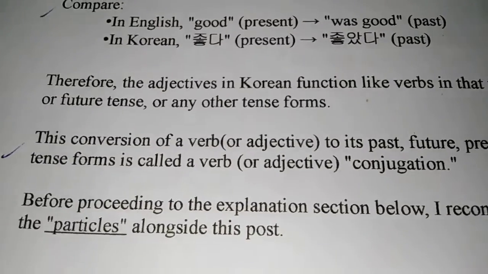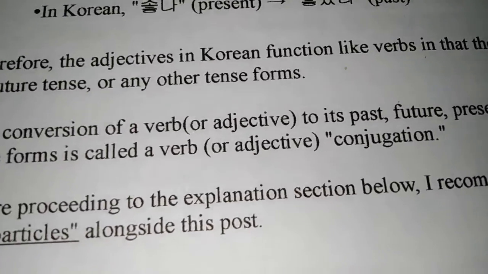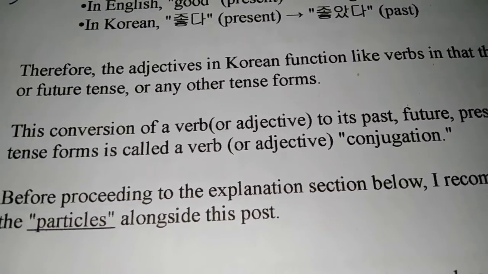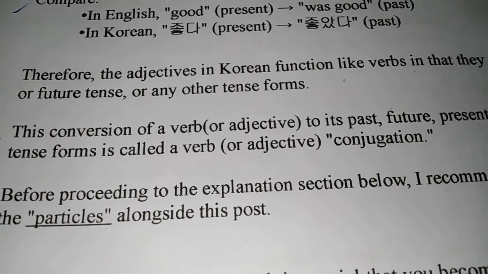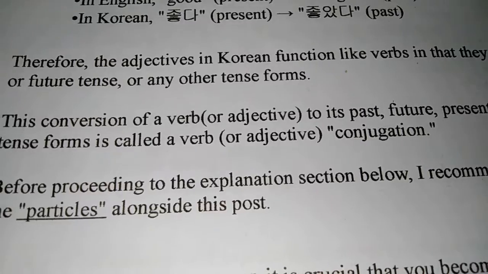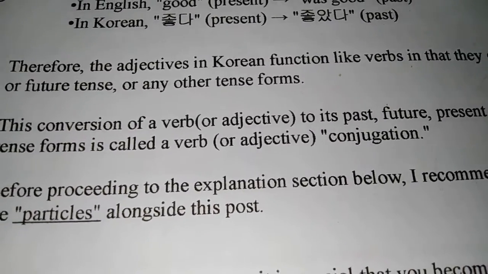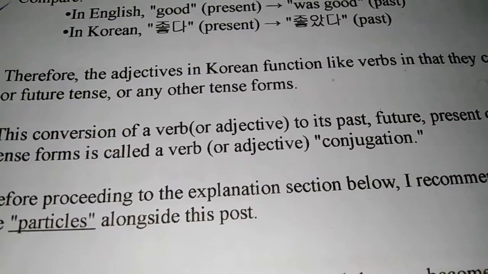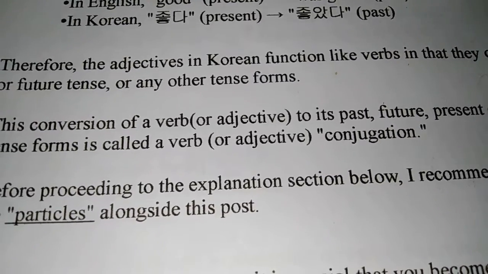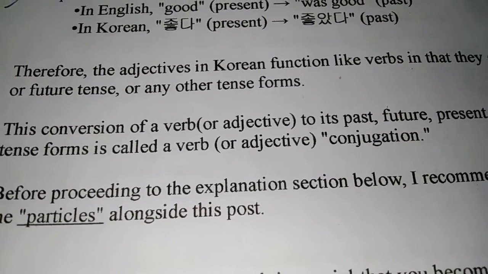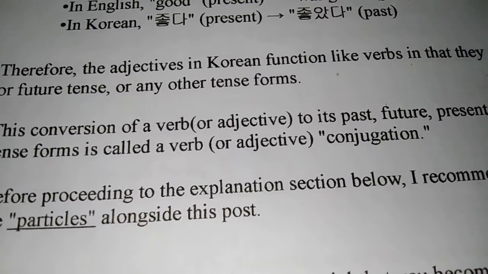And this conversion of a verb or adjective from one tense to another is called conjugation. And we'll be seeing this conjugation here and there a lot, because all the rules we study are called conjugation rules, because it is a conversion from one form to another. And in the sentence order, we learned subject plus noun, subject plus verb, subject plus adjective, subject plus object plus verb, all these forms are there, but in between these,